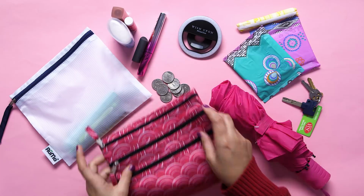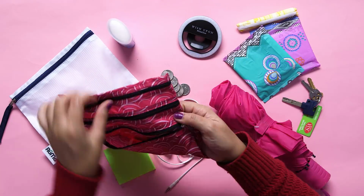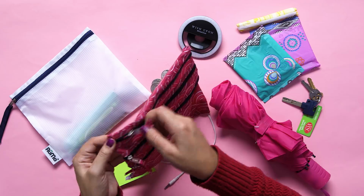So I've got this really cool pouch thingy with 3 sections in it. It's called a baggie, all from Rumi, and I'm going to separate all of my beauty products into the 3 different pockets. I'm gonna put the makeup in the bottom, and then in the 3rd pocket I will put my